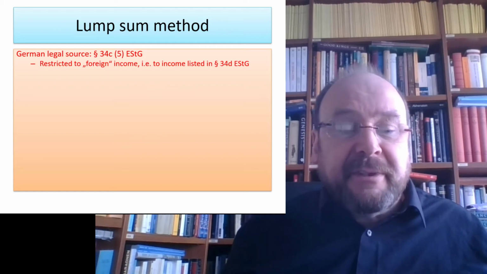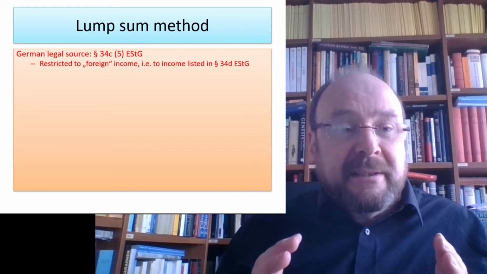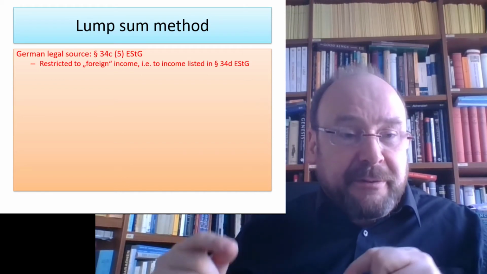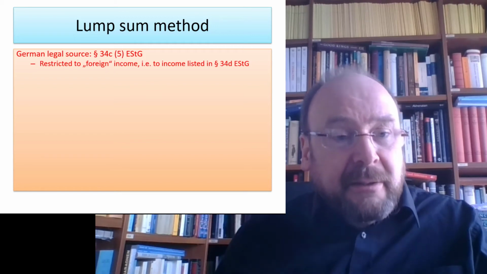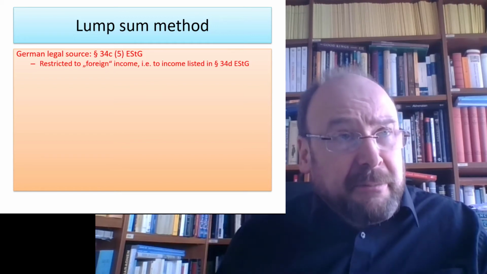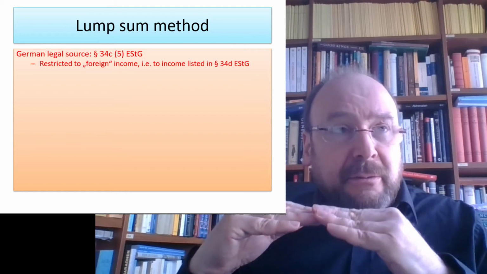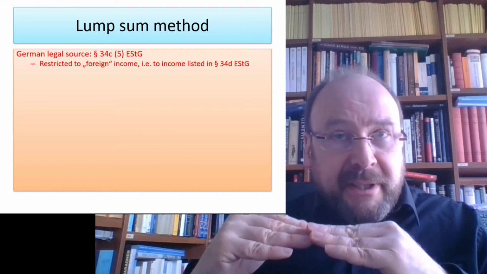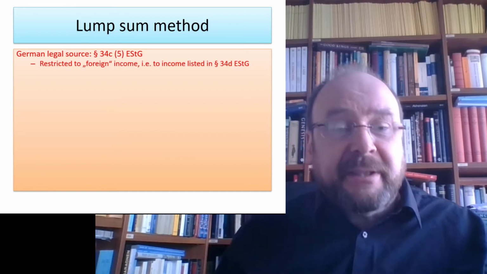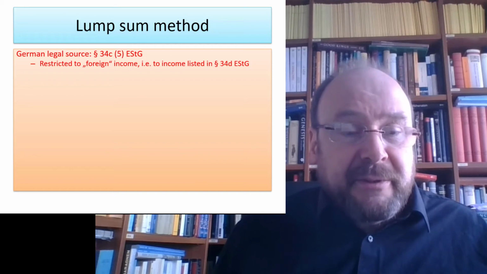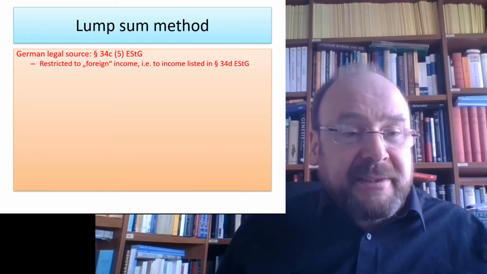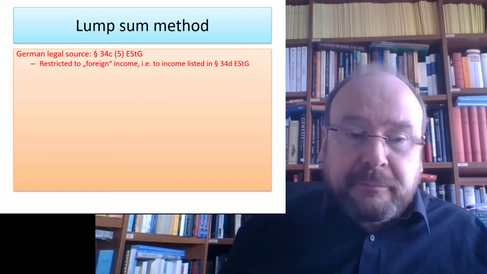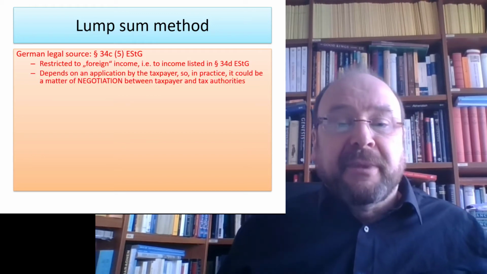For example, the first thing if you read the text is that the application must refer to foreign income. And what is foreign income follows from the list of 34D. When we talked about the credit method, I mentioned that you can only apply that to foreign income under German law. And what is foreign is strictly regulated in a list in 34D ESDG. So what's not on the list can also not become subject of the lump sum method. In addition to that,